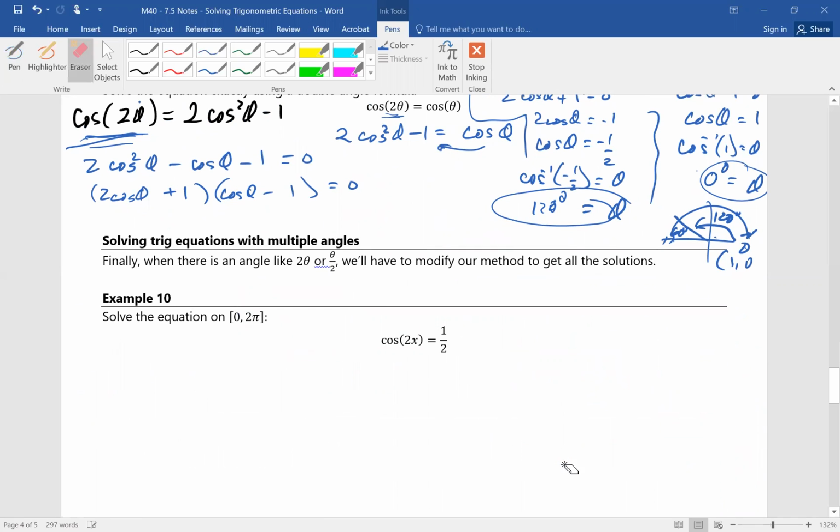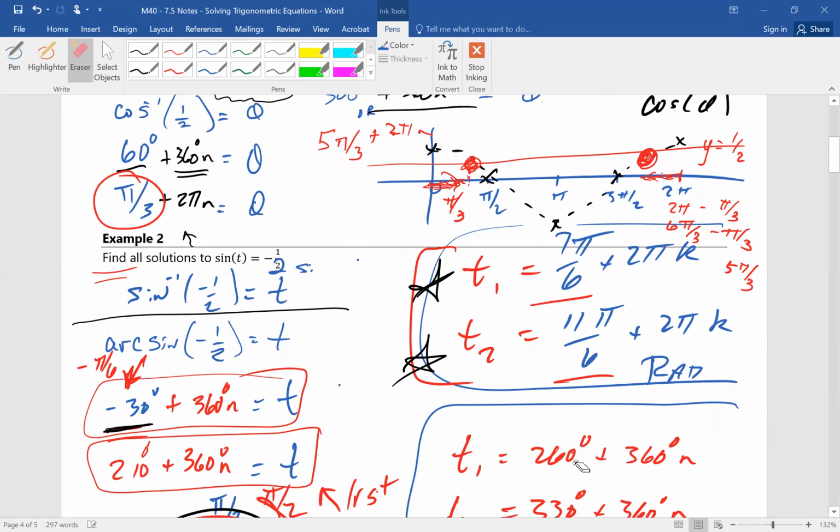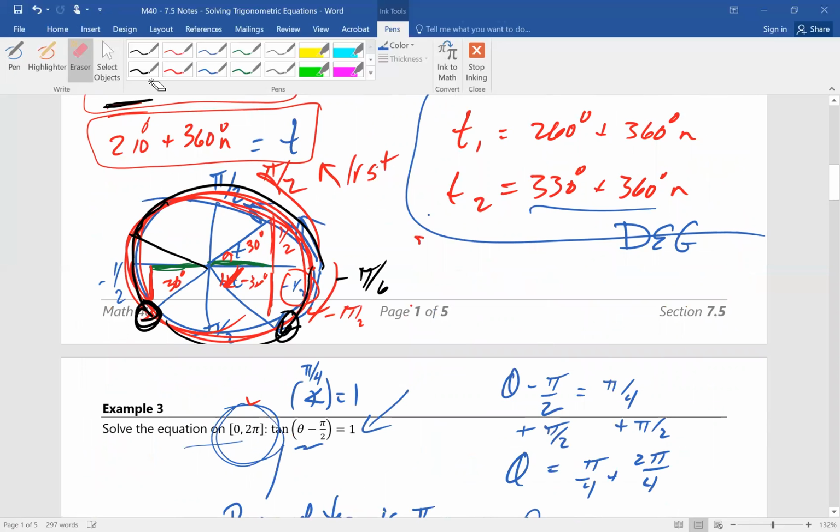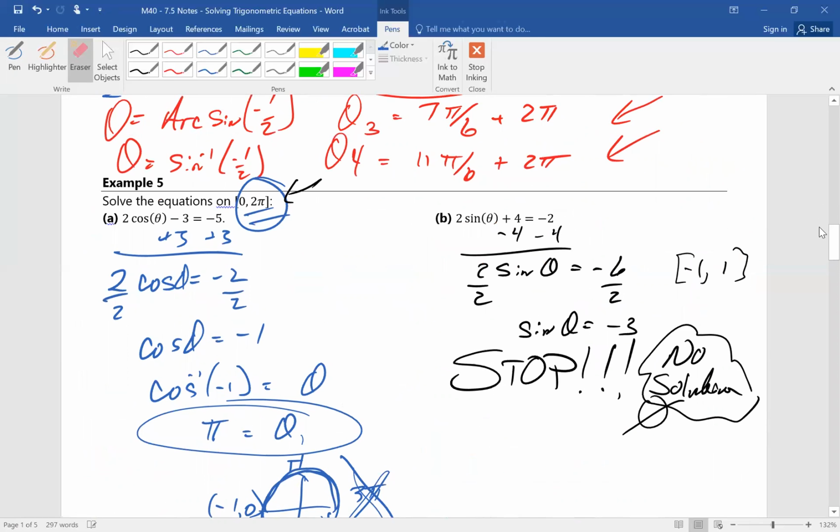All right, the last one here. This one's going to be a little tough. And the rules change a little bit when, again, I don't know why my computer's doing this. I'm sorry. But the rules change a little bit when you solve for an angle on the inside that has a double angle. So as I scroll down here,